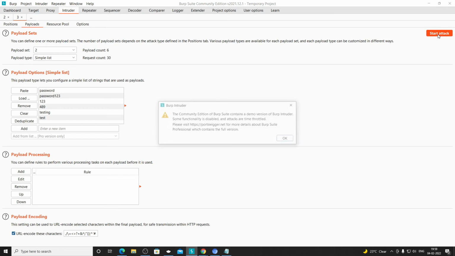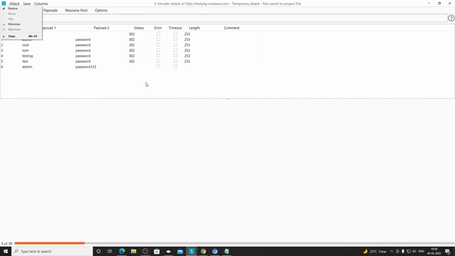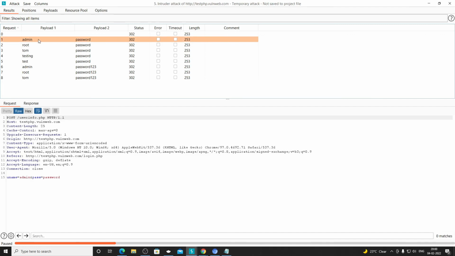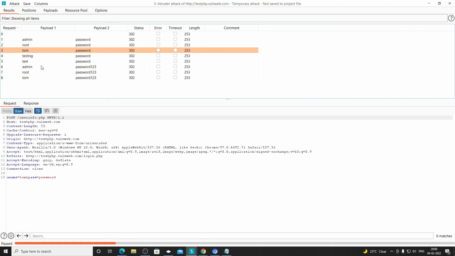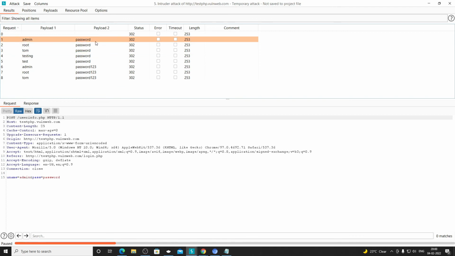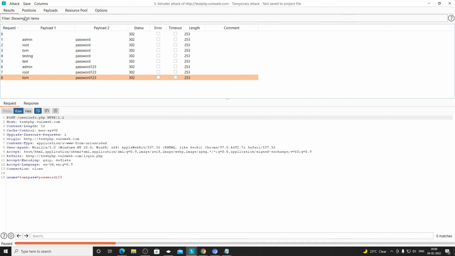That should be test and test only. For others it shouldn't be responding with anything. So see, I will try to pause it, just a moment. I'm just pausing it for the time being. See, in the first request, for the admin user it sent password. Second request, for the username root it is sending password. For the third request, Tom. So for every username it is sending the password as first try, then it is sending password123, right? So it will keep doing it,